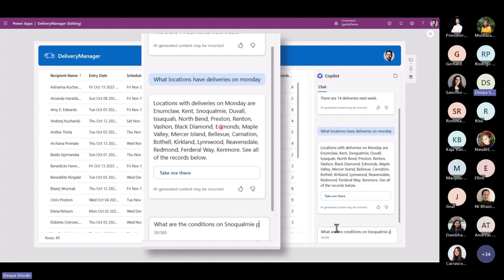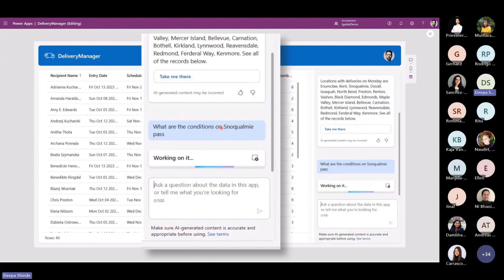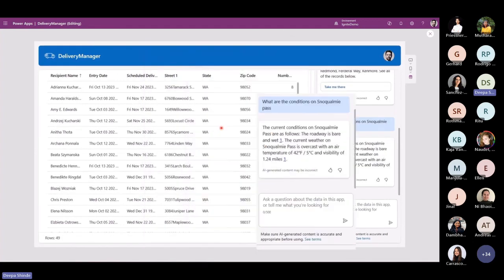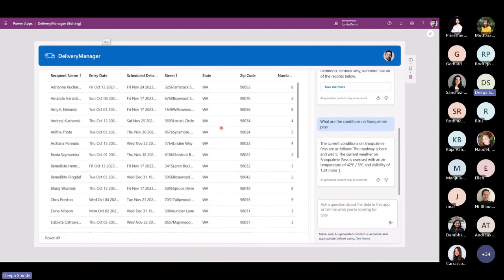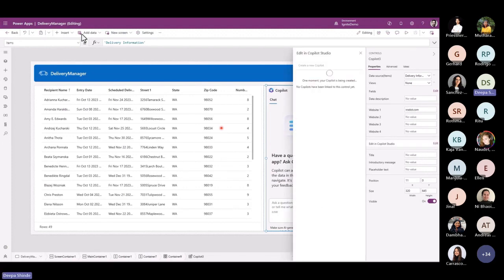So no OLAP is done, no ETL is done, nothing is done basically. And it can actually still look at the table as is in the transactional format and can roll up information and answer. Now this shows how this Copilot was built. So in this Power App, create a custom Copilot. That's what was clicked, and edit in Copilot Studio.